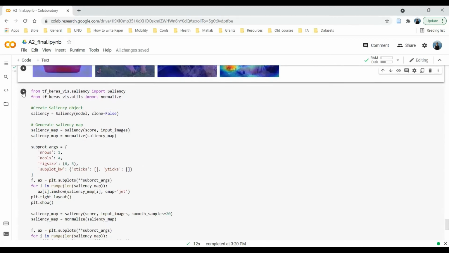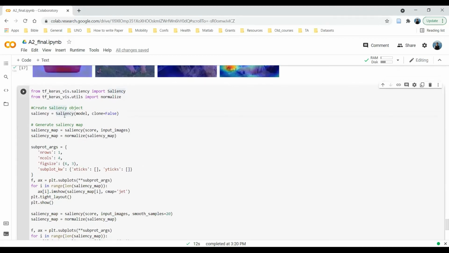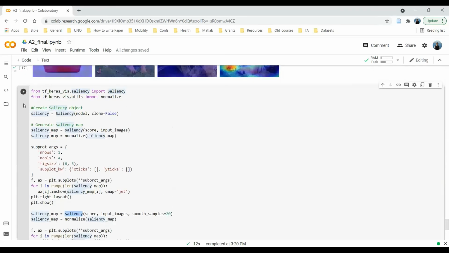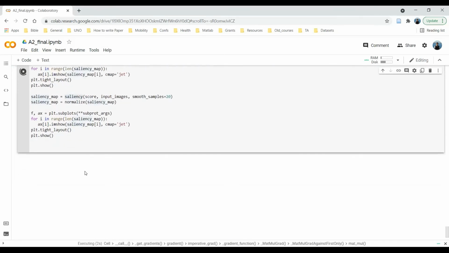Similarly, let's run the saliency map. We have to use the inbuilt saliency object, create the object, and then get the pixels which are most influential and finally display it. Here I want to get the most impacting pixels that contributed to the final prediction.